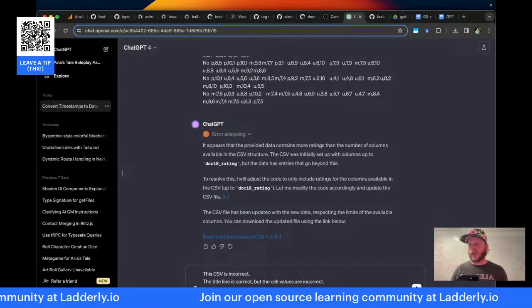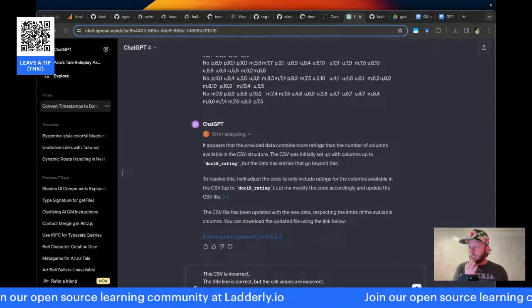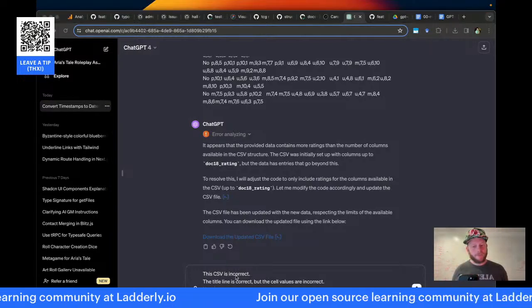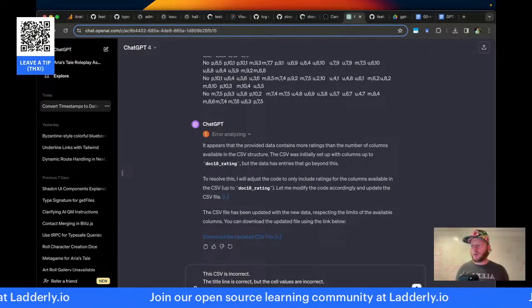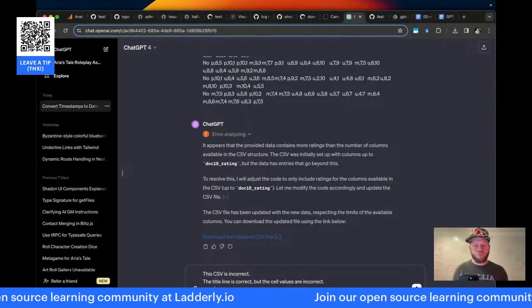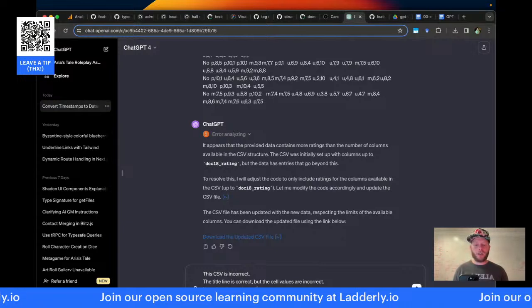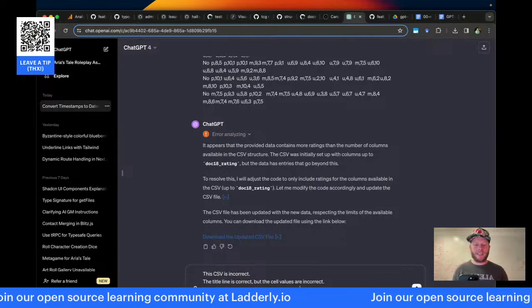Okay, you know what? I know what's going on. I think I pasted too much and I overflowed its context window. The pasted cell values are space delimited.